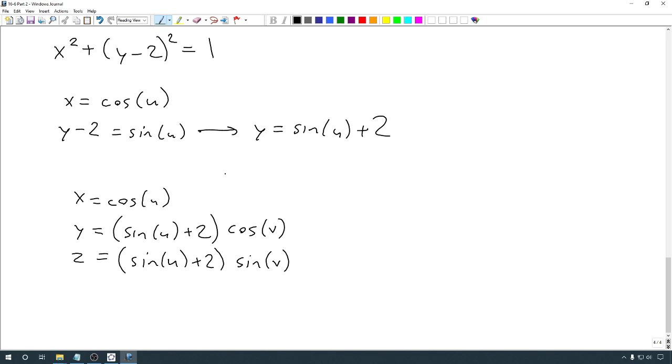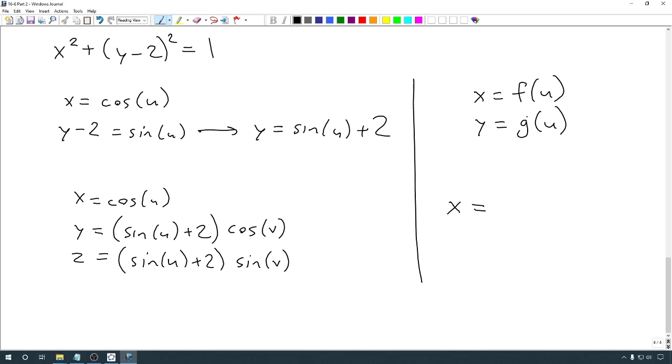If we have some curve of the form x equals some function f of u and y equals some function g of u, we can always go ahead and turn this into a parameterization of taking this particular curve, or you can even say this is a vector valued function